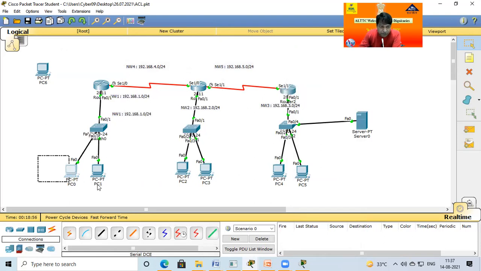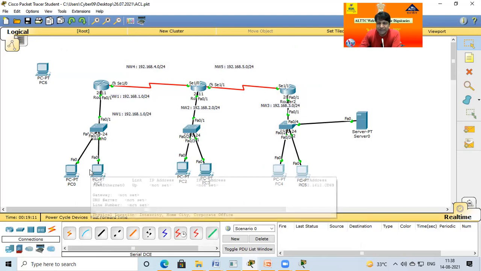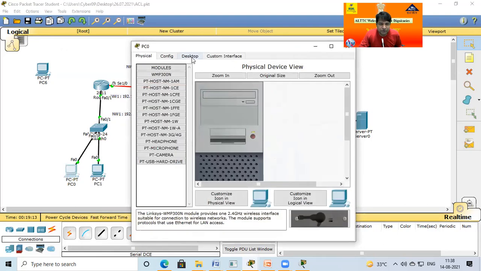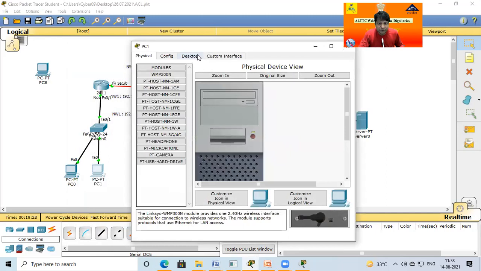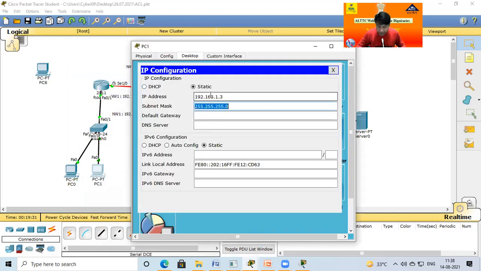Now in the computer, what IP allotment? Okay. Here I do not use any DHCP because this session is just made for the access control list, traffic control, and network security. So just put IP here manually. Okay. Click on this computer PC0, go to the desktop. 192.168.1.1 is already given. So you can say 1.2, and in this case the gateway. Okay. So I close this, go to the PC1, desktop, allotment of IP 1.3.